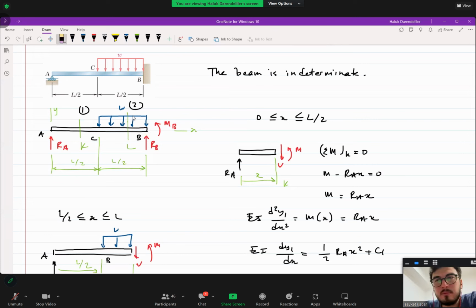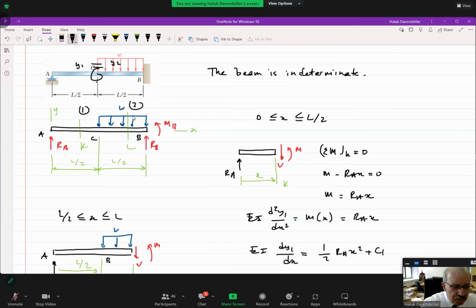No, because there's a thing which permits rotation. So now the second point that we can talk about is this point, C. Why? Because there is a continuous body here between y1 and y2. As a result, at this point, not only their slopes, but their displacement should be the same because there is